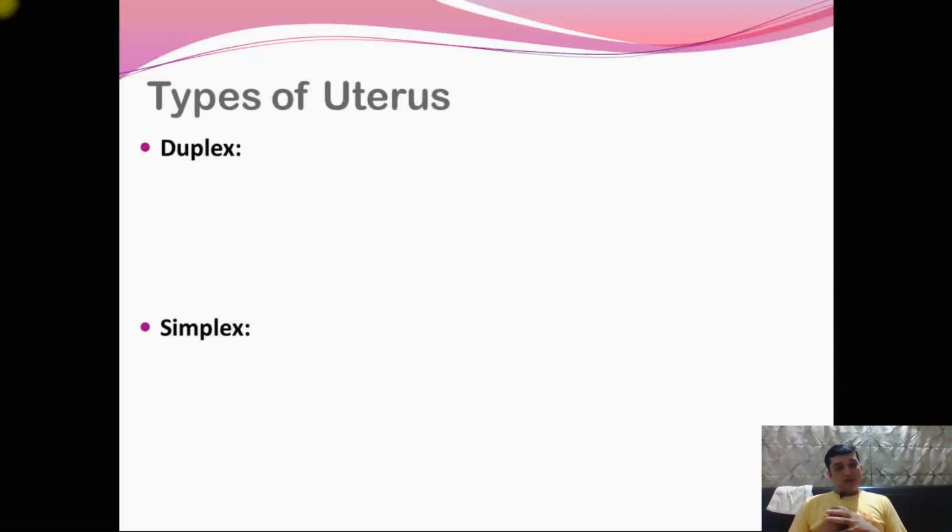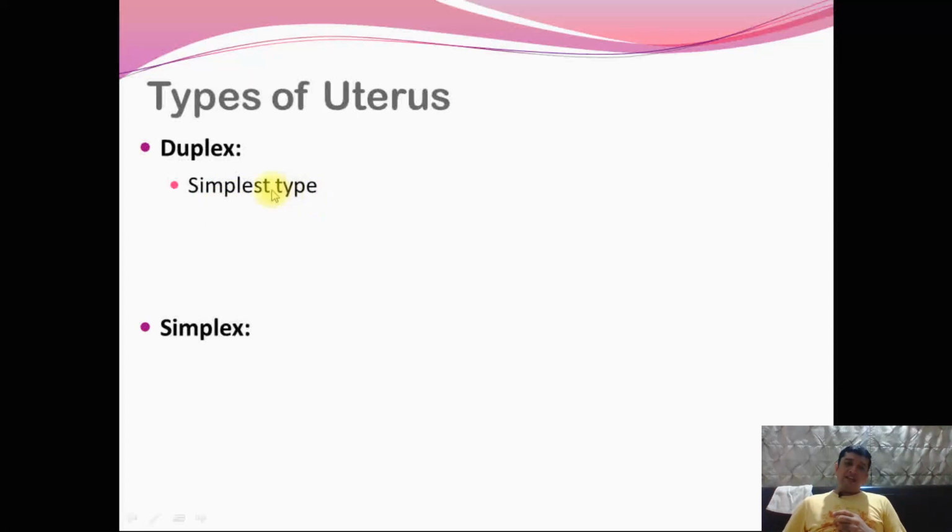One is duplex, because there are 2 uteri, that's why you call it duplex, and the other is simplex. Simplex, as the name suggests, is simple, but it is actually a highly developed structure. There is a single uterus, that's why you refer to it as simplex, but it shows the highest level of development. Duplex is present in some of the lower animals like the rat,